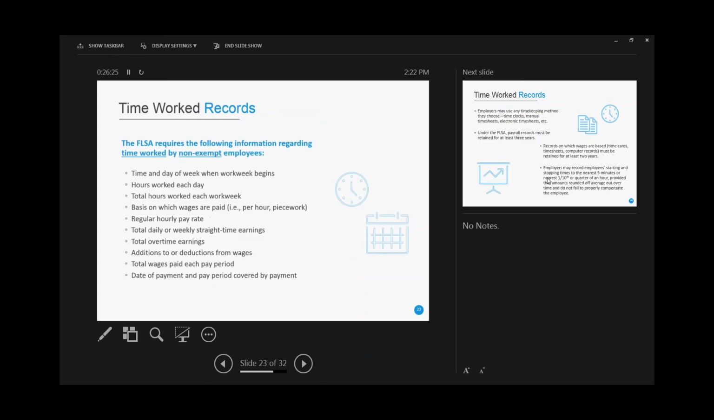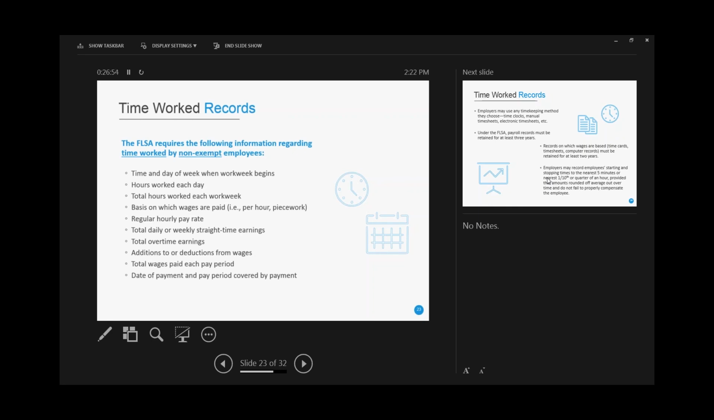So let's look at time worked records. The FLSA requires the following information regarding time worked by non-exempt employees, and this information actually does need to be documented, either in an offer letter, or it needs to be published, or in a handbook. So the time and day of the week when the work week begins, hours worked each day, the total hours worked each week,